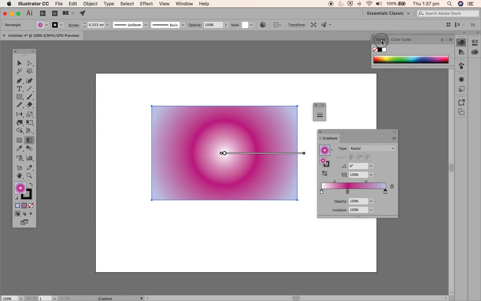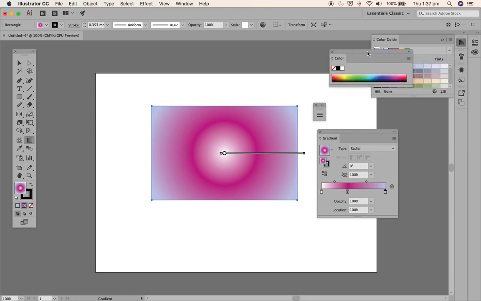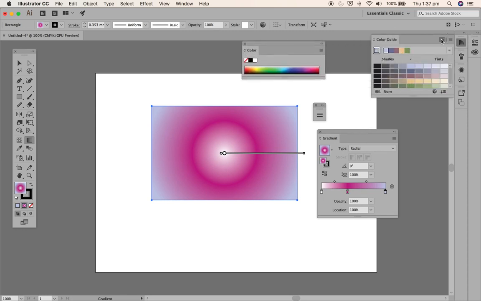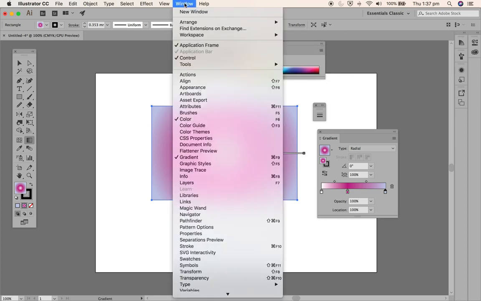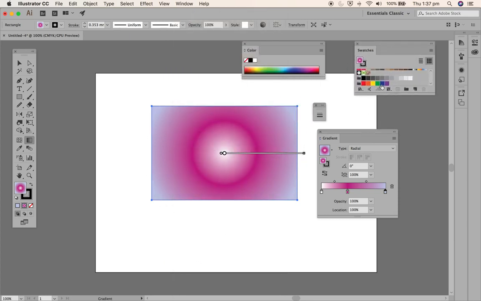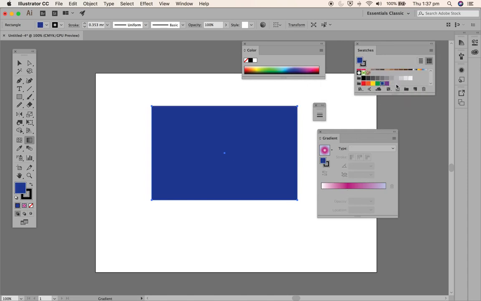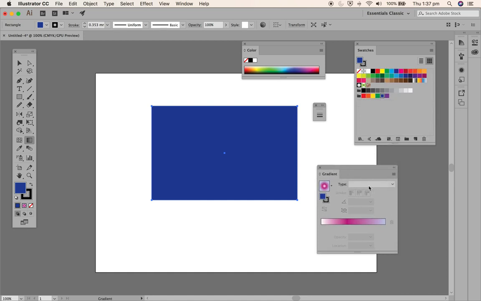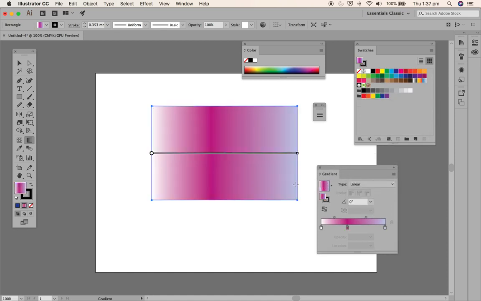color palette. So if you can't find your color palette, it may be located under Window, Color, and you can also have your swatches open if you like, so that you can select colors from in your swatches palette. So there's lots of different options for using the gradient tool,